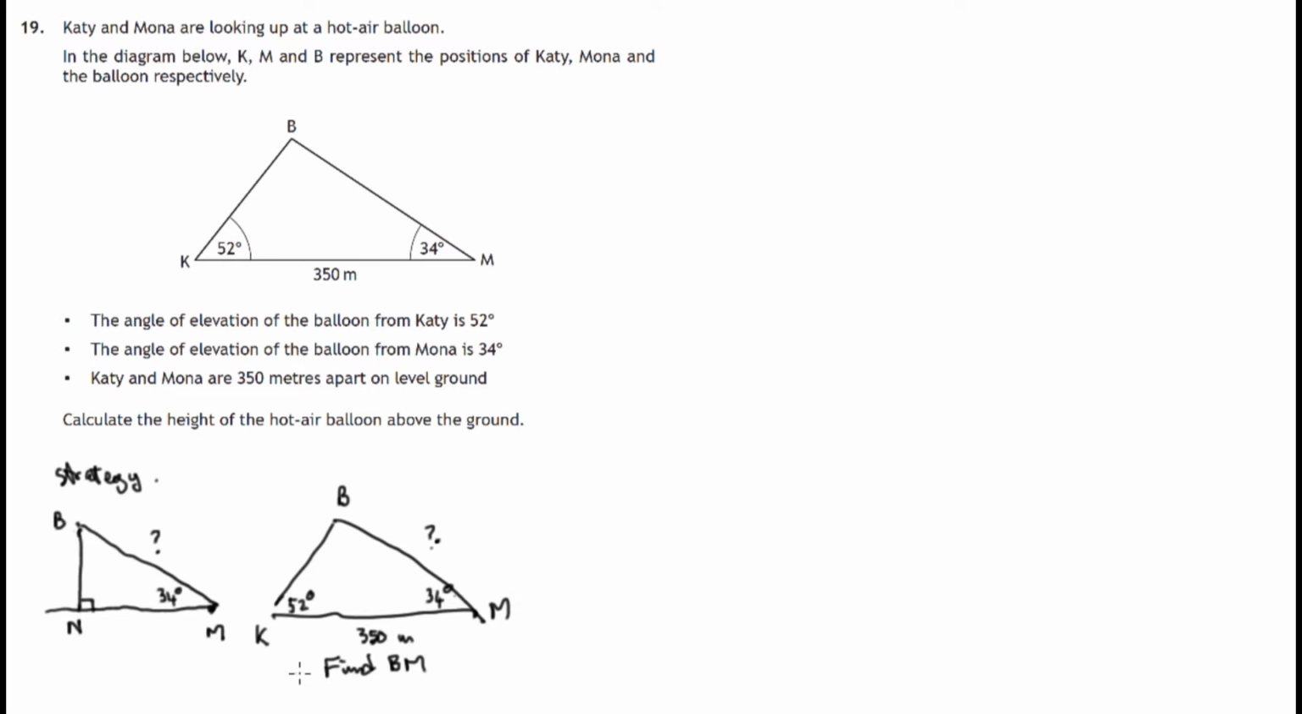and then we'll go to this triangle once we've found that, and we'll use SOHCAHTOA. It's a right angled triangle. It's a simpler problem. But this big triangle BKM is not a right angled triangle, so we'll have to use, in this case, the sine rule to find out BM. So let's do that. In triangle BMK,